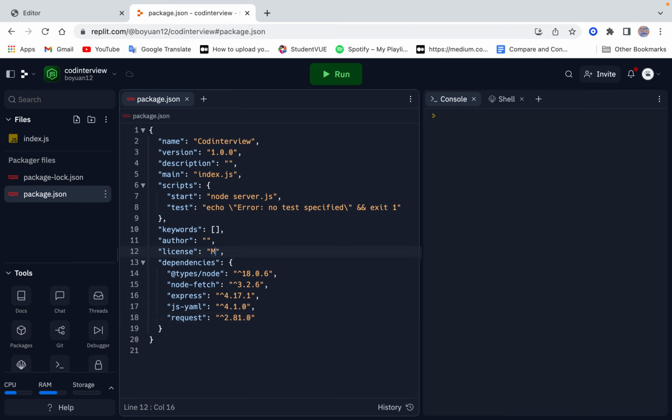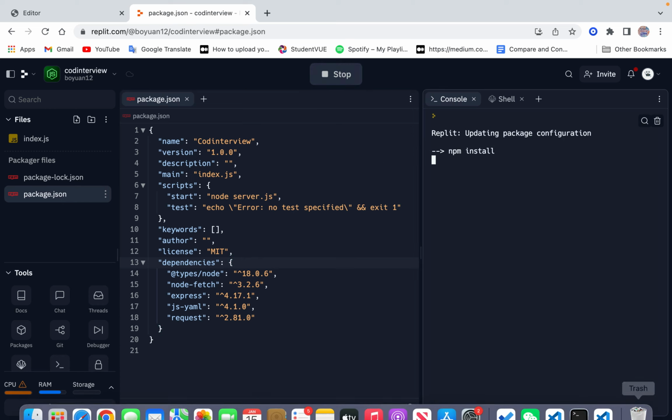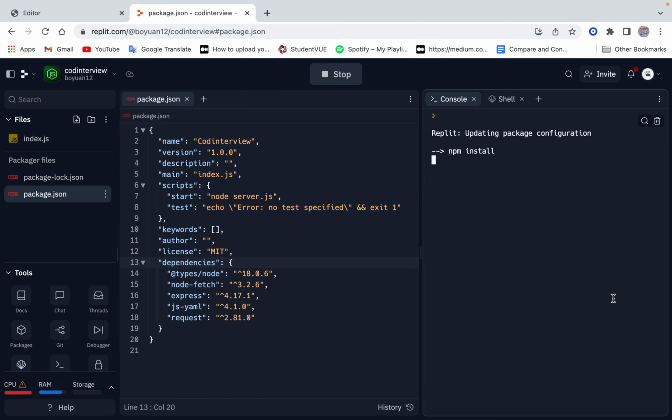I'm going to change the license to MIT. Alright, anyway, let's run it. I will do npm install on all of them. So while that loads, oh wait. Okay, so if you're not familiar with